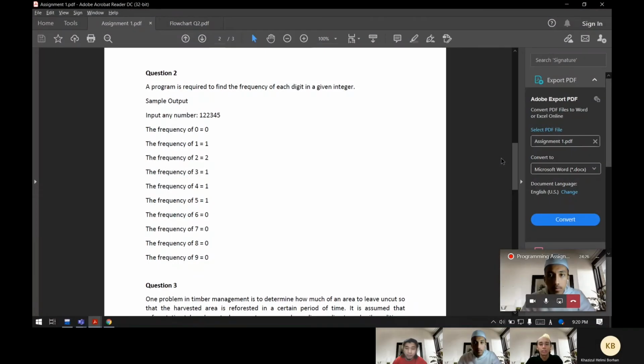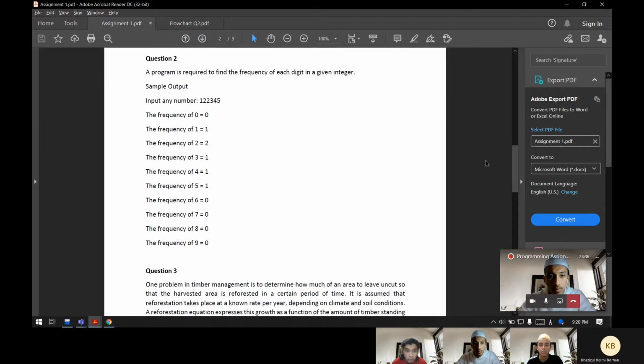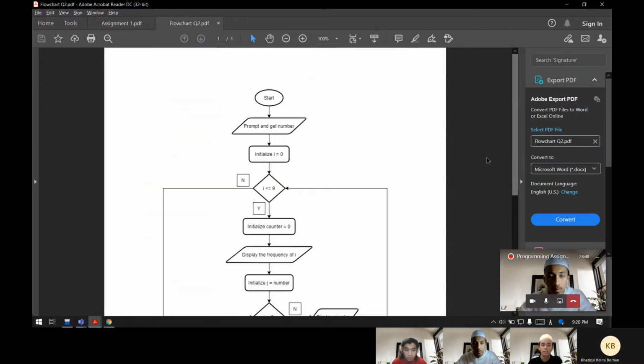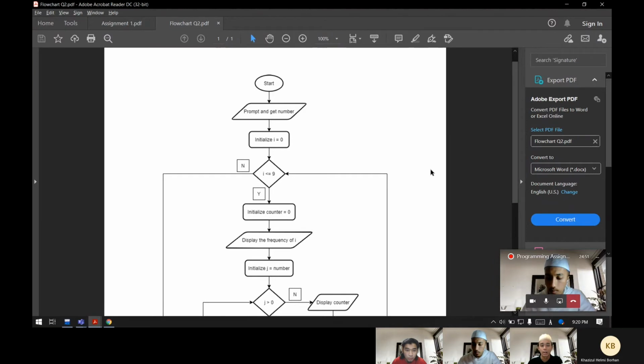Okay. Assalamualaikum, I am Muhammad Amirul Ashraf and I will explain question 2. Question 2 requires us to find the frequency of each digit in a given integer. So we will prompt the number from the user and we will count every digit in the number as in the sample here. This is the flowchart, and first we initialize I equal to 0, and this I represents every digit